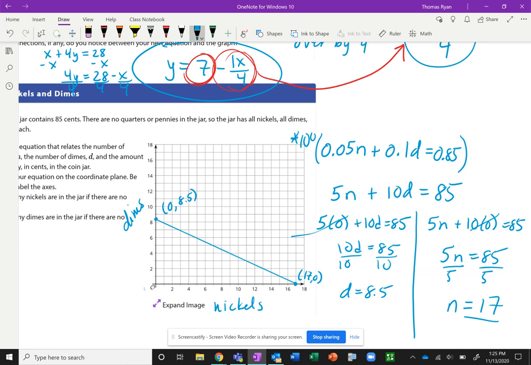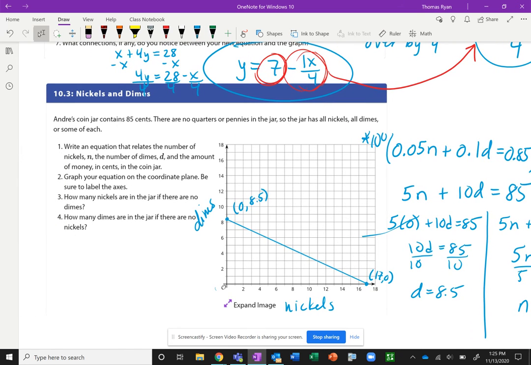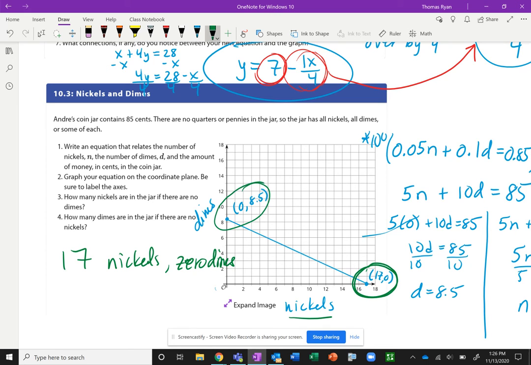Okay, so now it says how many nickels are in the jar if there are no dimes? Well, we know that point. That's the point right down here. Nickels with no dimes. So there would be 17 nickels, 0 dimes. And then it says how many dimes are in the jar if there are no nickels? Well, here we have that point. It's 8.5. Well, but I mean, granted, that's what the equation told us, but there's no such thing as half a dime. So number 4 is not possible